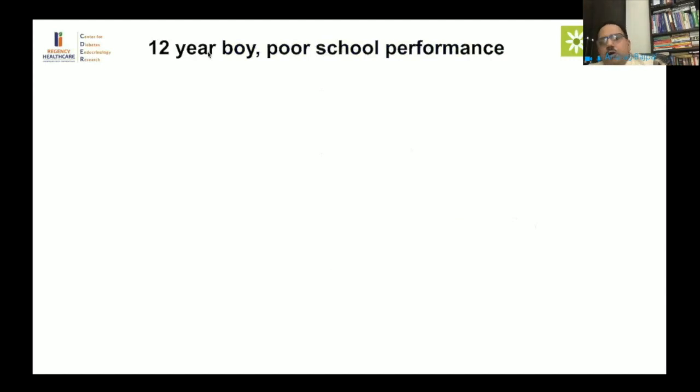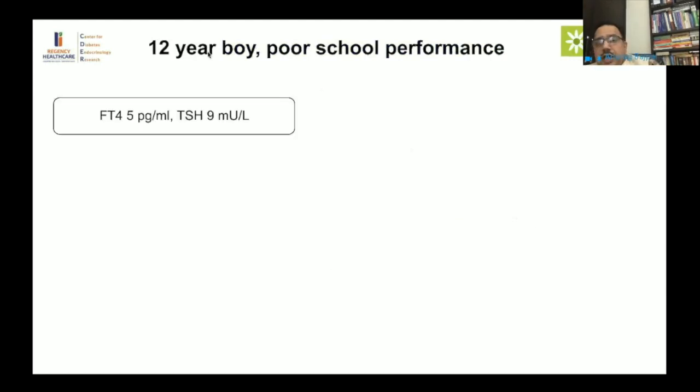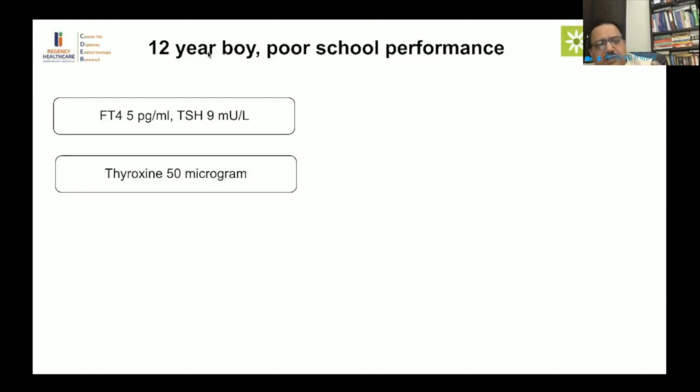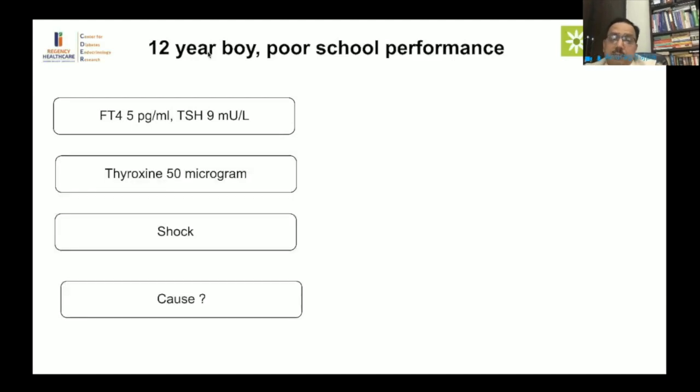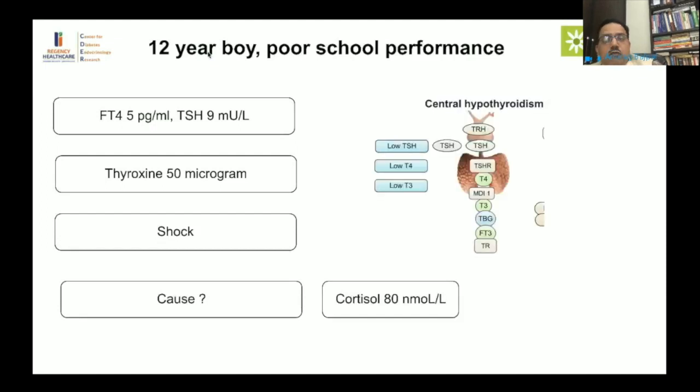Now we have a 12-year-old boy. This was the case which we discussed, who presented with poor school performance, FT4 low and TSH inappropriately low. Any TSH which is less than 20 with a low FT4 is always treated with a pinch of salt, with caution. Think of central hypothyroidism, which was missed in this case, which resulted in the development of shock. So very important to exclude central hypothyroidism in individuals who have mildly elevated TSH or normal TSH